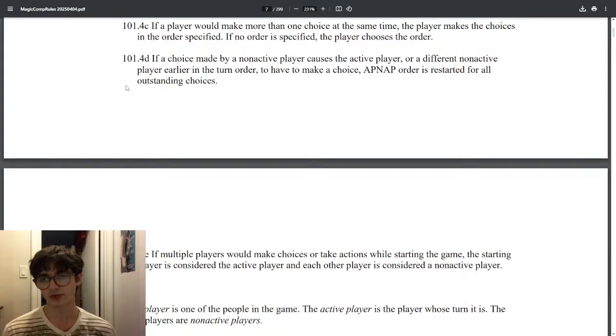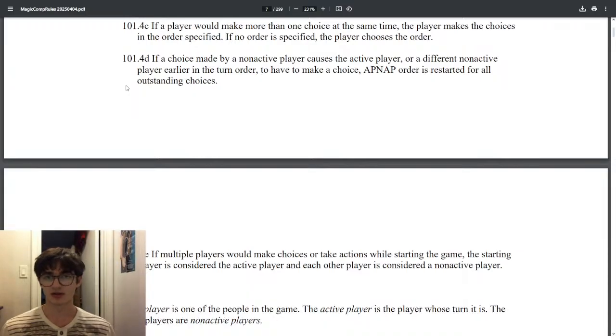So even if you're in a 4-player game and you're player 1, there's 2, 3, and 4. Player 4 makes a choice that forces you, or even player 3, to make a choice.